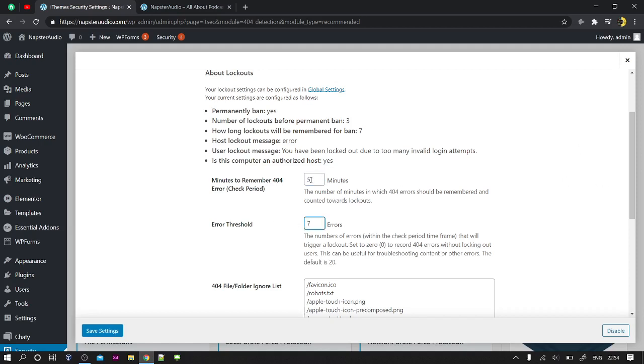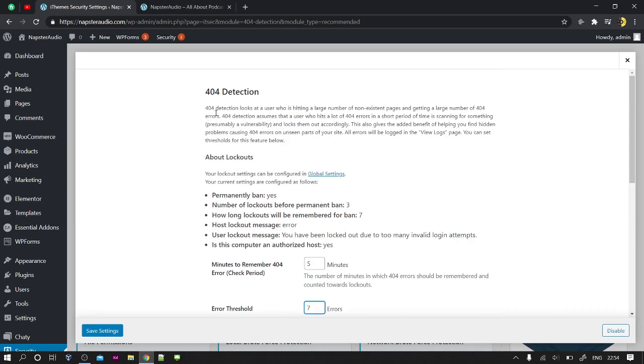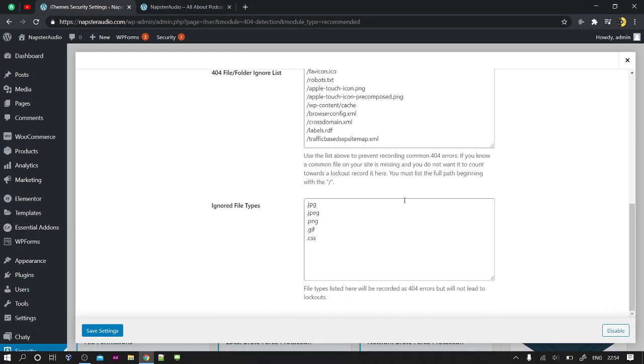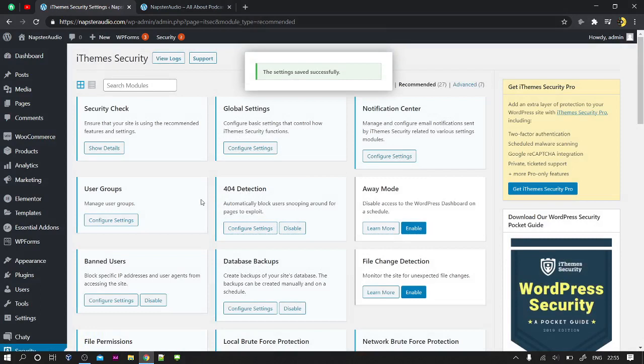If within 5 minutes he searches 7 404 pages, then he gets a warning message that you already set in the global settings. Okay, so save this. Now everything looks good.